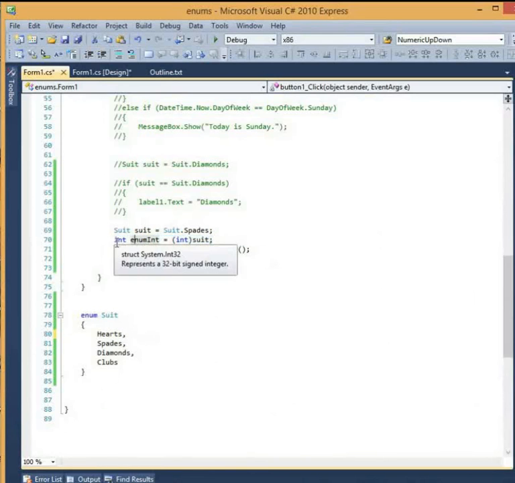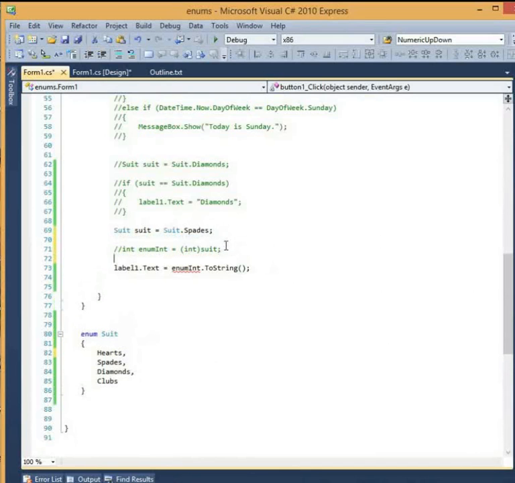So let's just comment this out. Let's comment that out. Okay, so let's do 3. So we've got to use the right syntax. We need the parentheses, right? This is the syntax for casting. So let's go ahead and